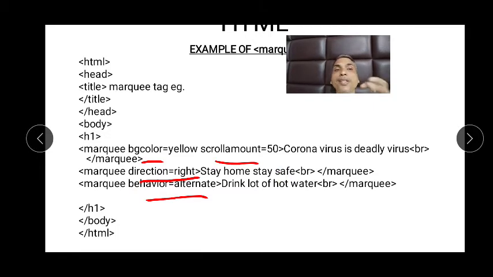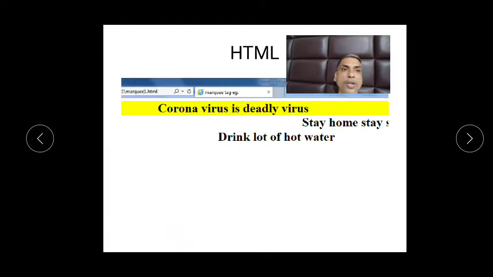Remember that this will have a bouncing effect. Alternate means once it goes here, again it will go this side. Otherwise, once it goes from right to left, it comes out of the screen and then comes back inside. Now let's check the output.